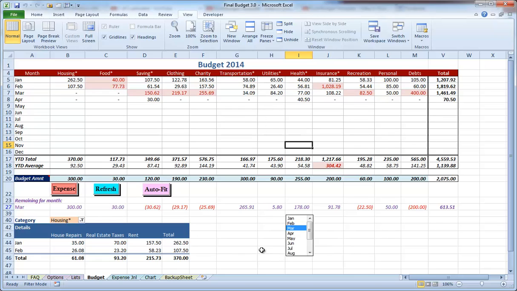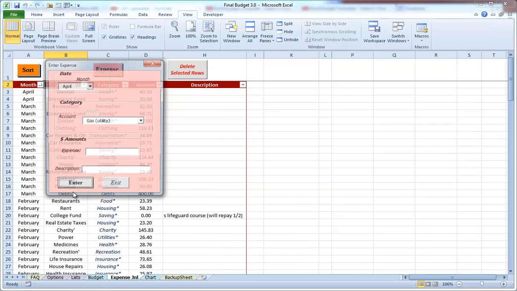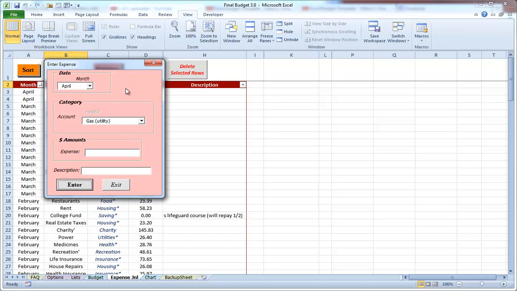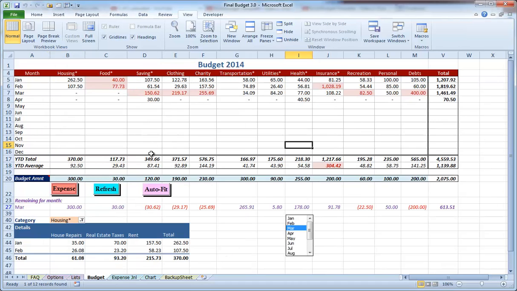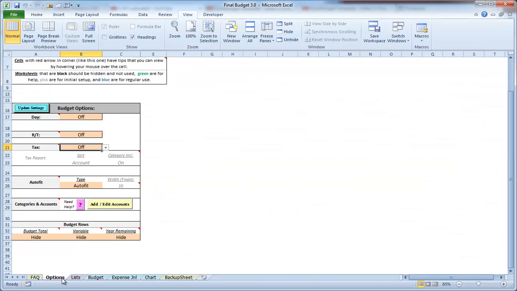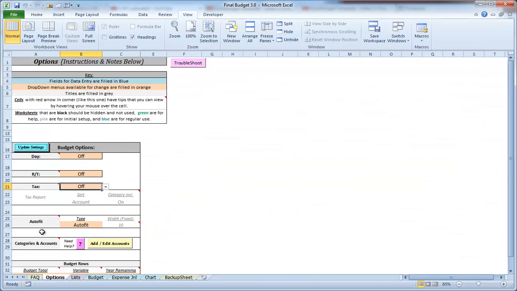So right now we have none of the options on, so by default this is going to be as simple as it can be. Of course, you can always find ways to make it more simple, have fewer accounts, etc. If you click the expense, we've got no day option, no tax deductible, etc. So we're going to go over each of those options one by one so you can see what they do. You're going to click this options tab, and this is going to bring you to this page,